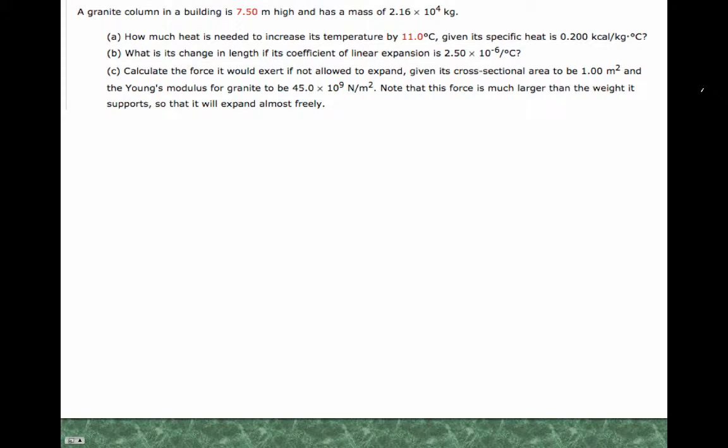Moving on to part C. Part C has this Young's modulus. Now, it's tempting to say, well, we got an area, we got meters squared, we got N over meters squared. Maybe I could just use some dimensional analysis and just multiply them and get the force. And while it's tempting, it doesn't work that way. So there's a couple of ways to do this. You can look up Young's modulus on the internet,